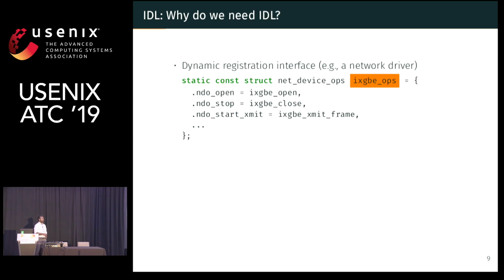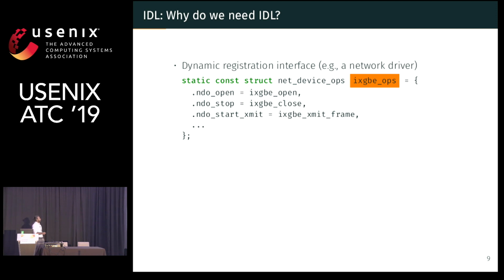Okay, so we have to explain the rationale behind creating a new IDL. People would have already heard about IDLs, and there are hundreds of them, from protobuf to FIDL and Flick, etc. But why do we need a new IDL? Because all of those IDLs are geared towards a general programming model, but here we are looking at a kernel programming